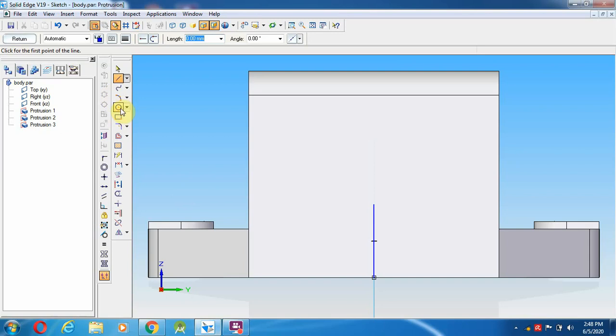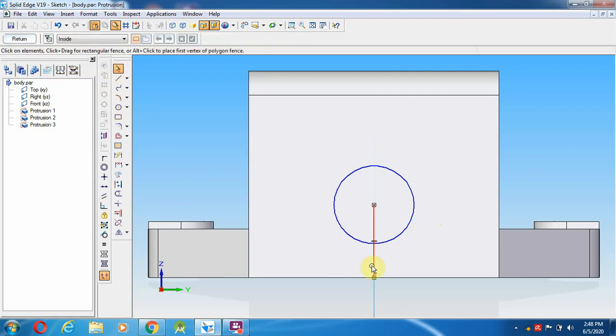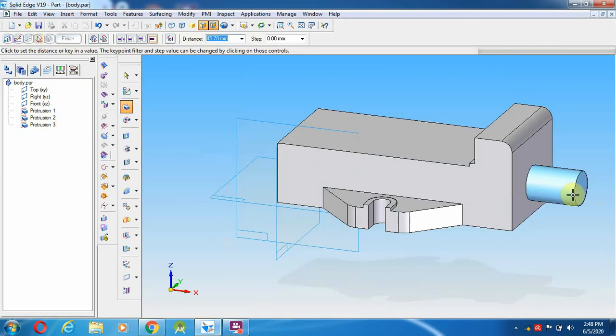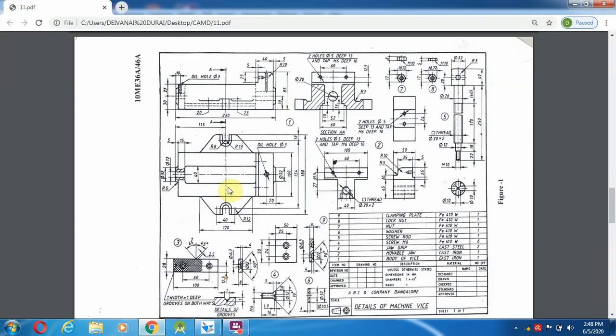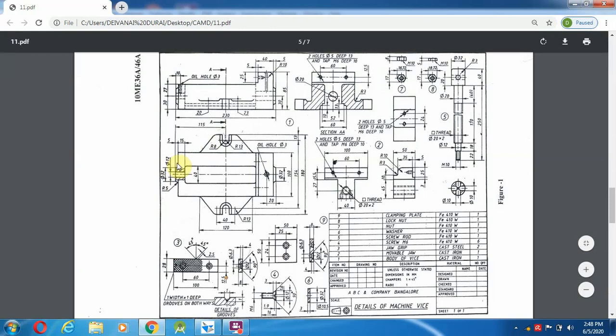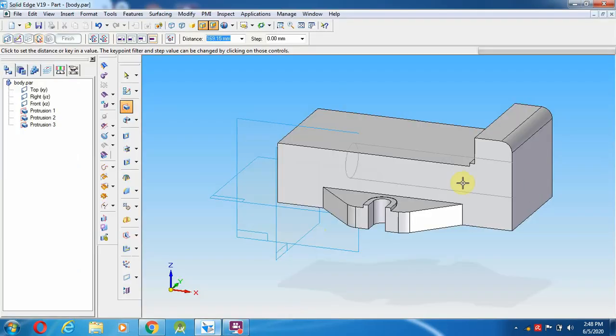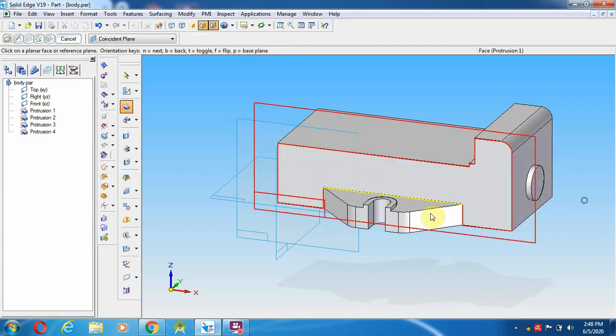Okay, so select the circle. So from here to 32 mm. Then this line I will delete. So after deleting this line I am going to give the depth. Already we have seen the depth is 5 mm, because it is given over here. Even this also 32 mm, 5 mm depth. Okay, so that 5 mm I am going to give. Enter, left and right click.